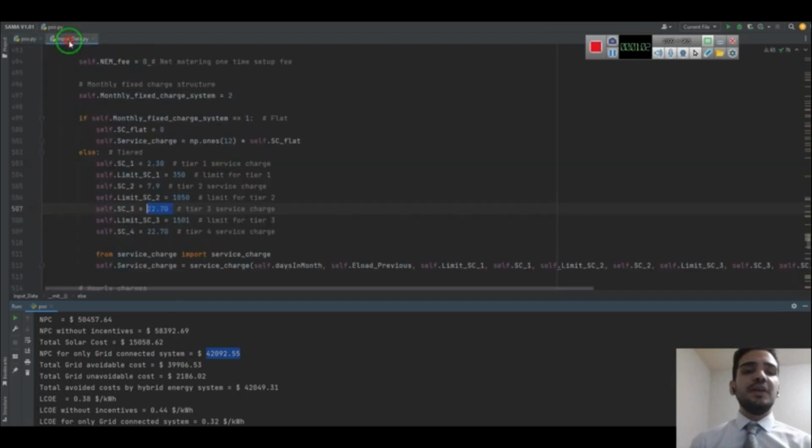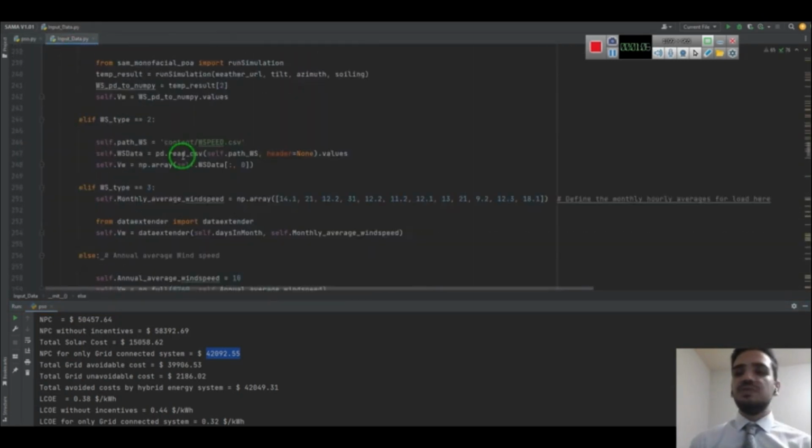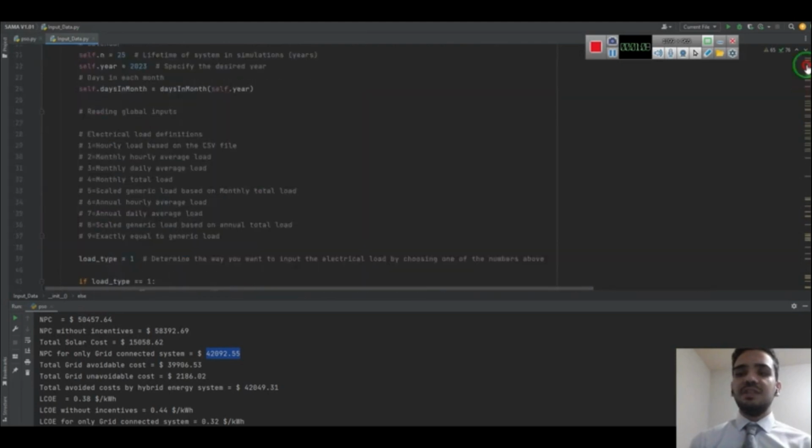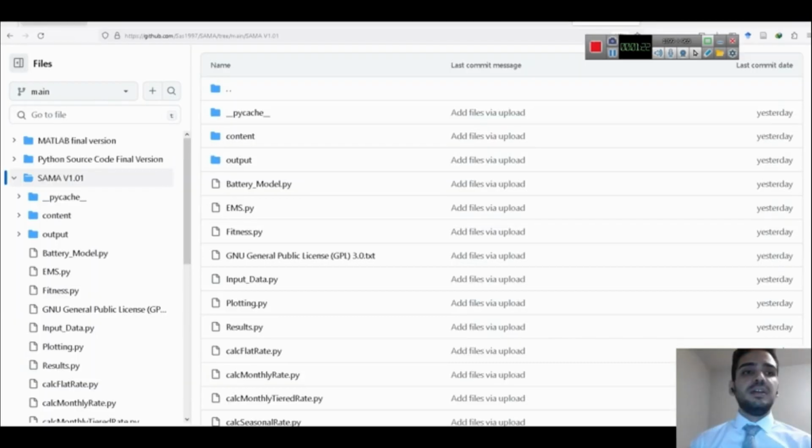And also to define the input data, you need to open the input data file and define all the inputs inside this file. We defined inputs from some typical values from the literature, which we completely discussed inside the paper.